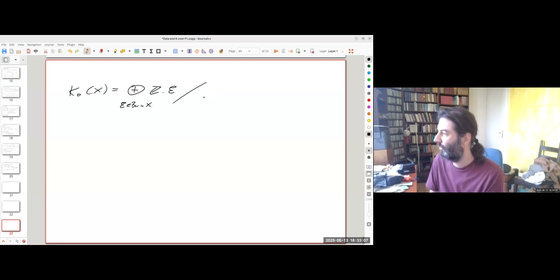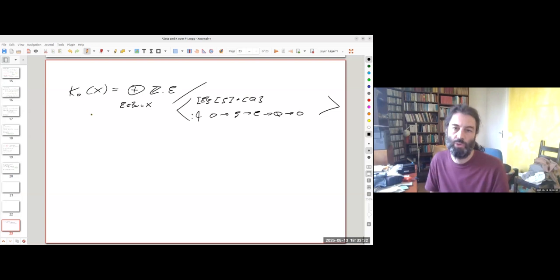Modulo relations of the form class of E equals class of S plus class of Q, if we have a short exact sequence of this form. So that's a Grothendieck group, which